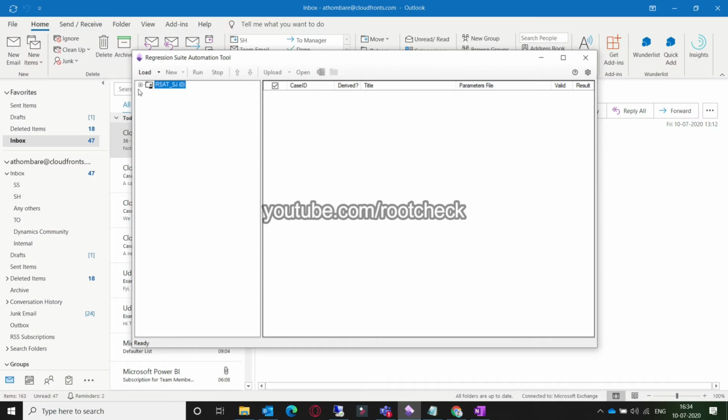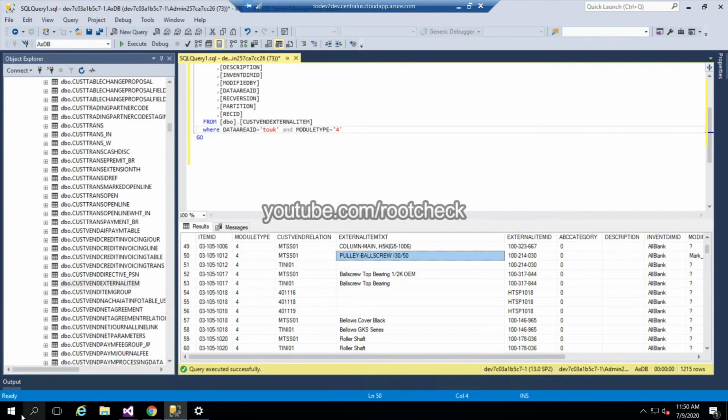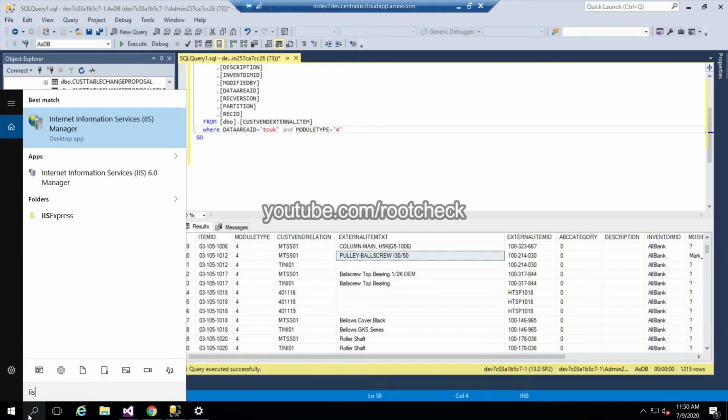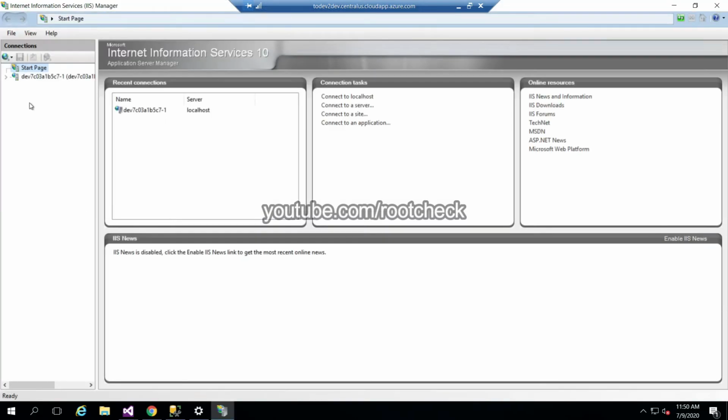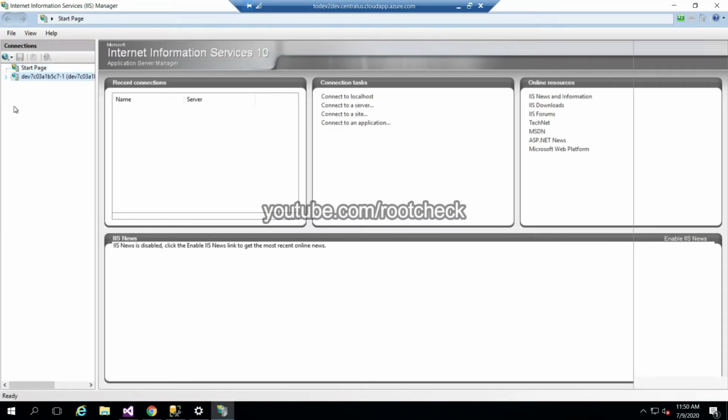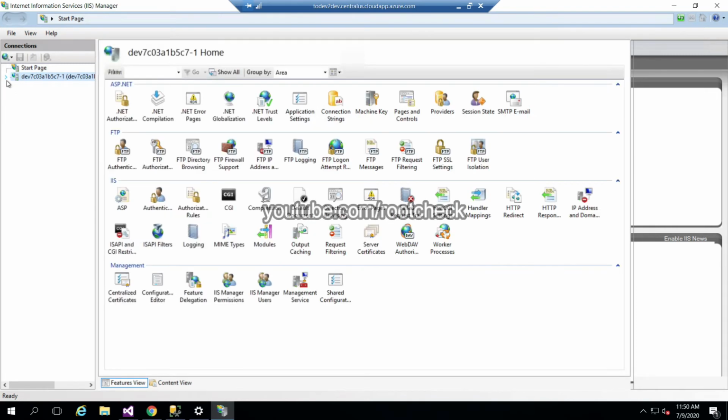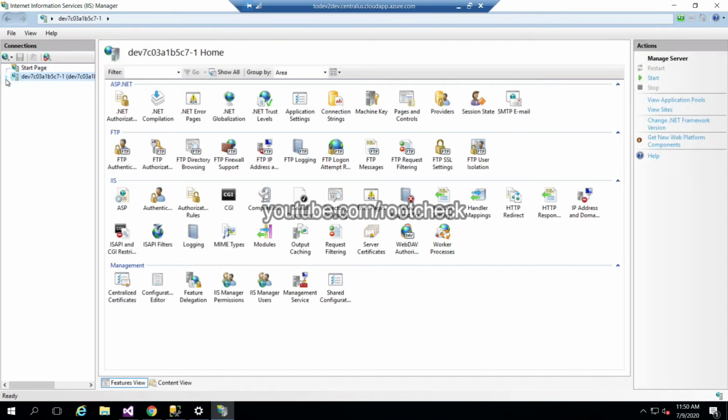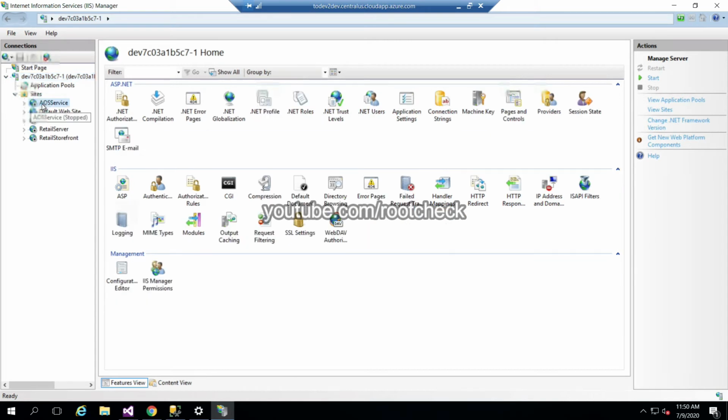Okay, so now I will show you how to find the SOAP and host name for the RSet tool. In your cloud hosted environment, search for IIS. Now open the IIS manager. In the IIS manager, click on the environment name under the start page. Under that, click on the down arrow and open the AOS services.